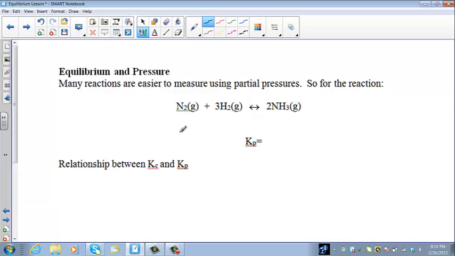Many reactions are easy to measure using partial pressures. So some of the problems you see are going to be with Kc, concentration, and some of them are going to be with Kp for pressure. So for this reaction, and here Kp equals pressure,